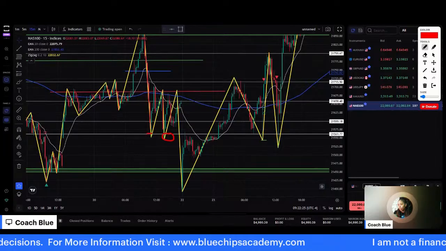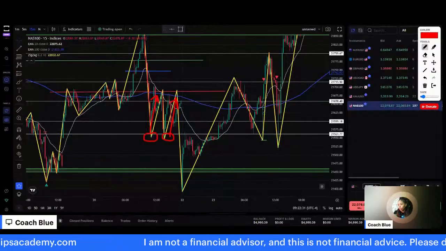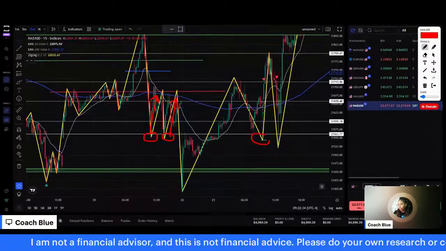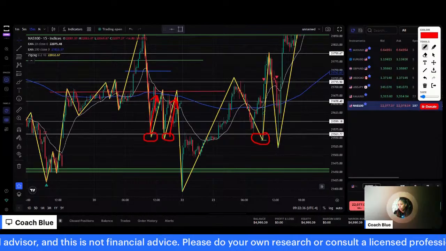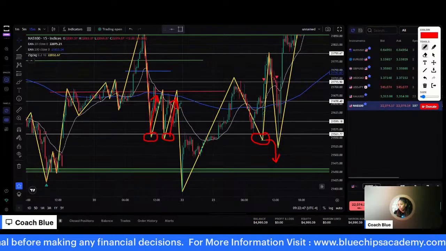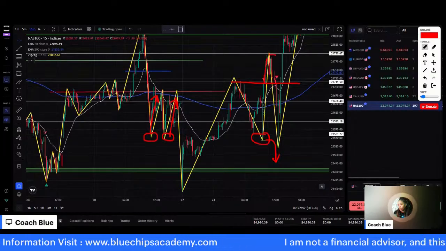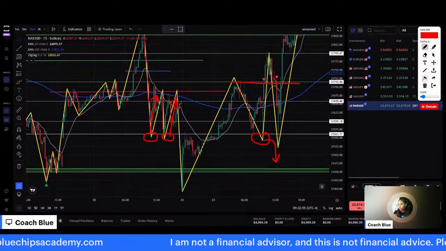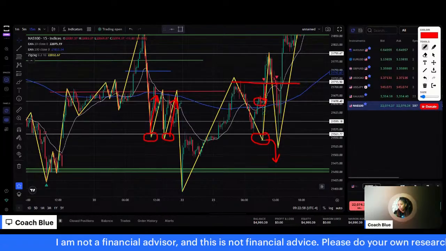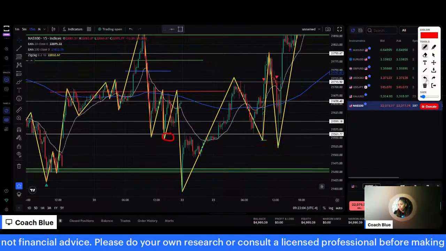Price respected this area 2 times where it went up. Every time it came down here, it went up. So in my head, I'm thinking, okay, I want to see price pass this area here because it clearly bounced up twice here. If it passes here, okay, cool. Then I'll take my sell down to the next level. But it never really passed that area. Price found support. So now I knew my next entry was past this area. Boom, we got in and we took the trade. Or actually, it was this one, this area here. We got in and we took the trade. Okay, so we looked for a BPC there.